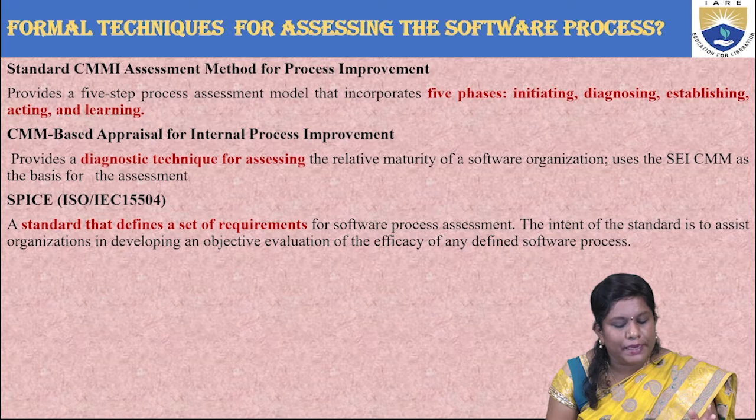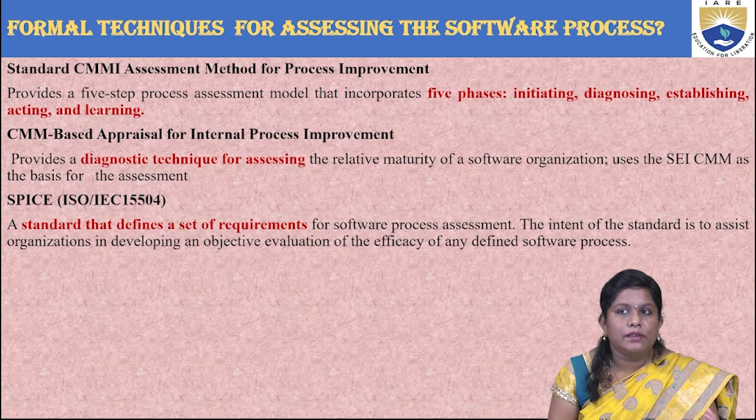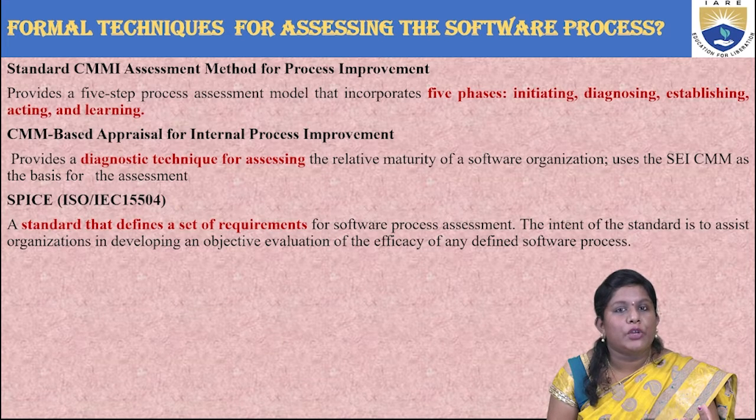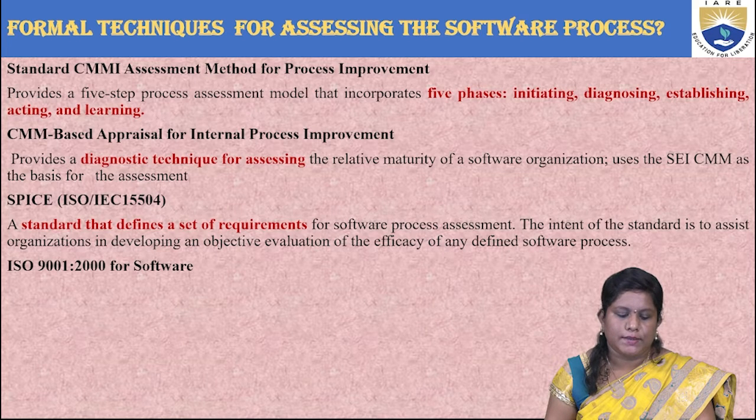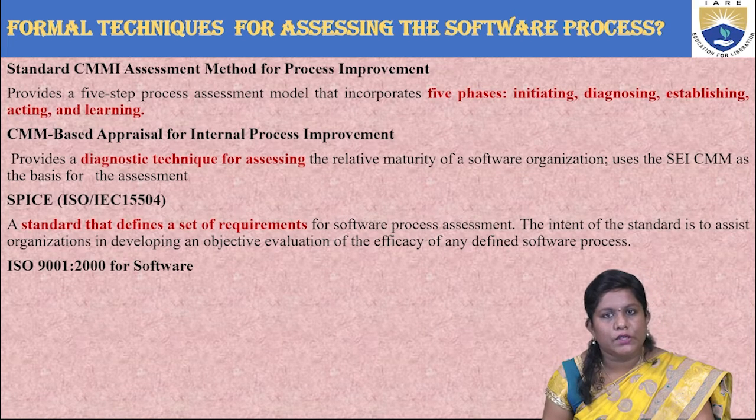So SPICE asks companies to first define a set of requirements, and the main goal is to evaluate the efficacy of any desired software process. The next one is ISO 9001